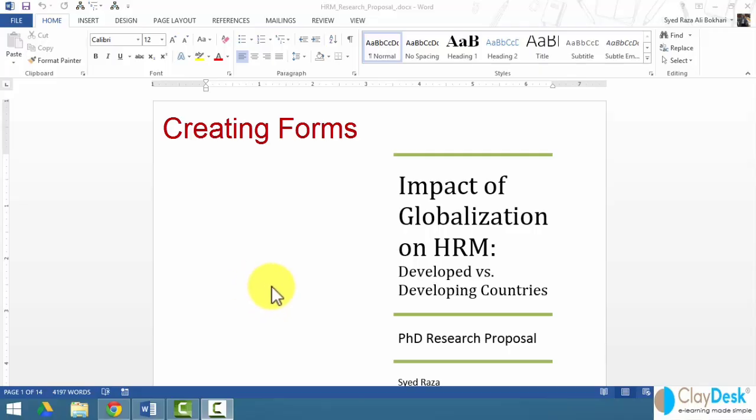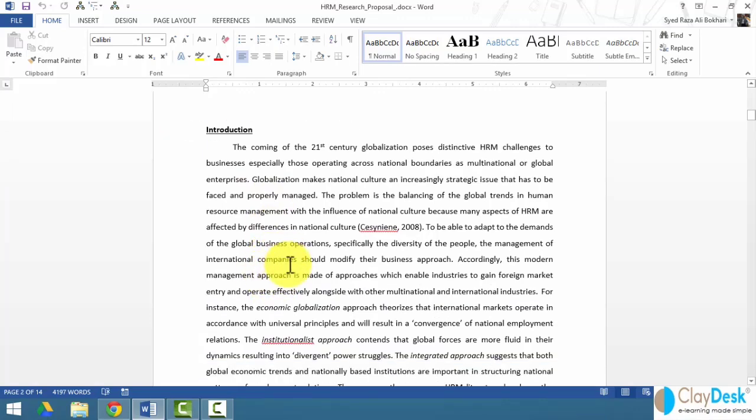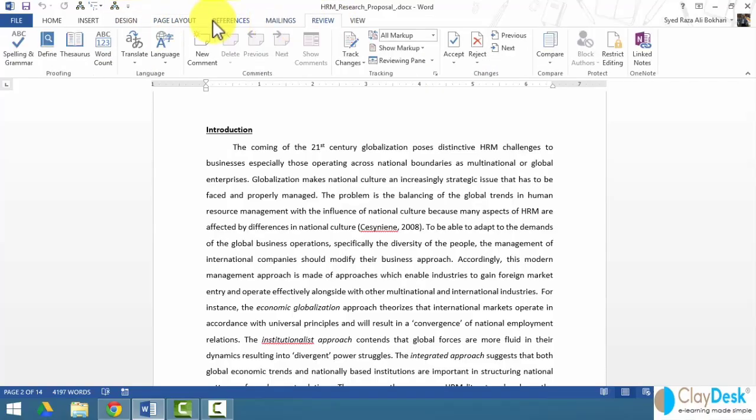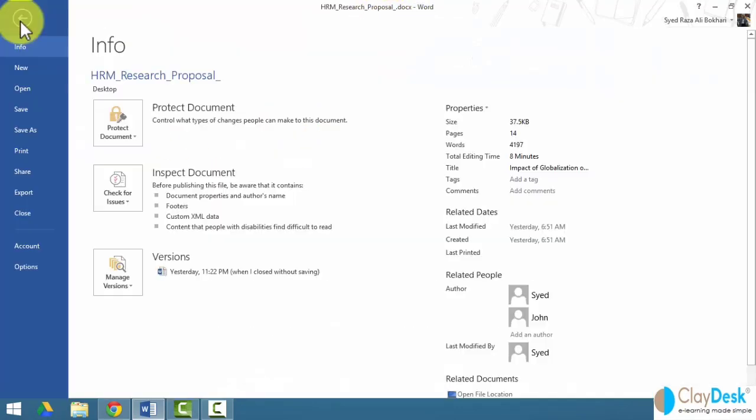All right, so here's our document, a sample document that I've opened already, just a research paper that we've been working with. Notice up in the menus, the Insert, Design, Page Layout, References, Mailings, Review, and View, we don't really see an option of creating a form. And probably within your Word 2013 display, you would not see any of these options. So none of these menus contains forms. We've pretty much worked with almost all of these, but we haven't really seen the option of forms in any of these menus. To get the new tab for forms, we need to go to our File,